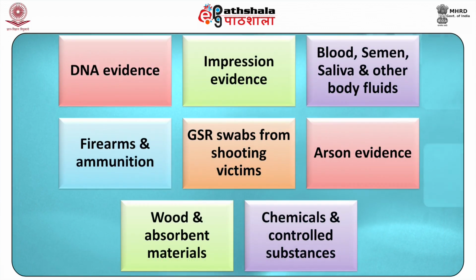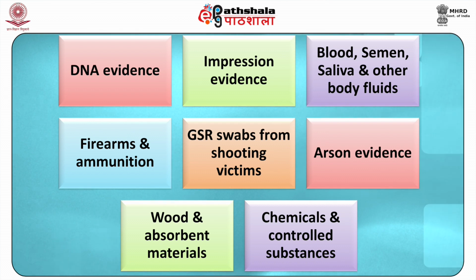An investigating officer may encounter DNA evidence, impression evidence such as fingerprint, shoe print, etc., blood, semen, saliva and other body fluids, firearms and ammunition such as gun, bullet, shells, etc., GSR, that is gunshot residue, swabs from shooting victims, arson evidence like flammables, ignition source, etc., wood and absorbent materials,